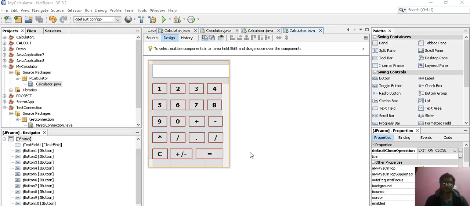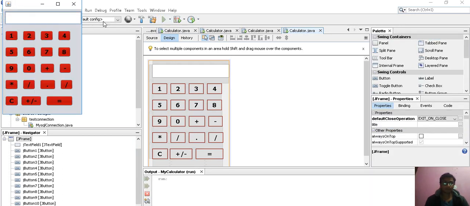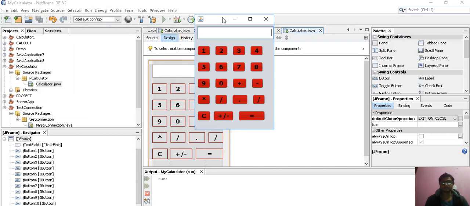If I run this program, just click here and it will show the output like this. So you can see my calculator is ready, but if I try to press any key to perform any action, it's not working. Why is this happening? Because I have designed the frame, but I haven't performed any action on its buttons. So let's perform actions on its buttons. Just close it